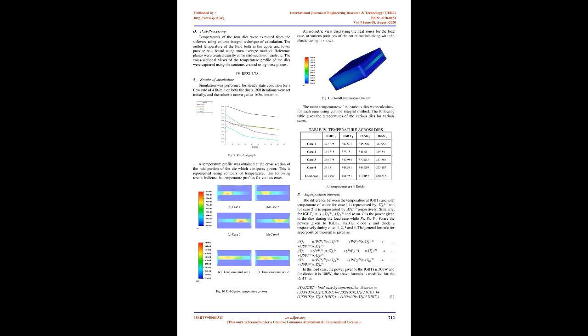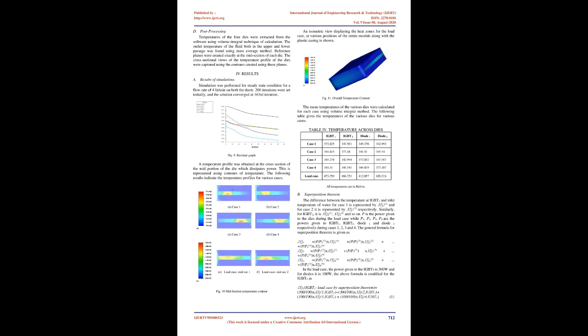The general formula for the superposition theorem is given as follows. In the load case, the power given to the IGBTs is 300W and for diodes it is 100W. The above formula is modified for IGBT1 as: ΔTj1, IGBT1 load case by superposition theorem, equals 300/100 × ΔTj,1 IGBT1, plus 300/100 × ΔTj,2 IGBT1, plus 100/100 × ΔTj,3 IGBT1, plus 100/100 × ΔTj,4 IGBT1. (1)